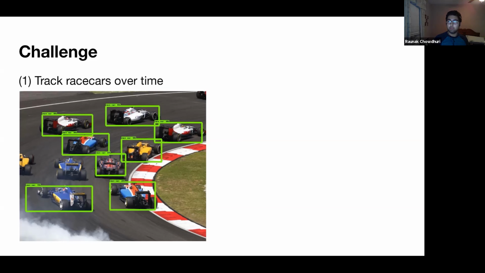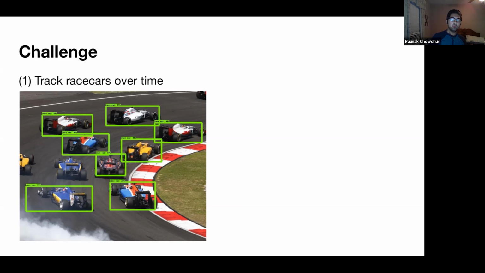And we want to send that information to the other teams, specifically planning and controls, so that with that information they can make the best judgments about how to route our car around the other vehicles or how to maybe overtake them. So it's really important that we have really precise information about where the cars are at any given point of time relative to us. But more than just tracking the locations of the race cars, which is shown here with these bounding boxes,